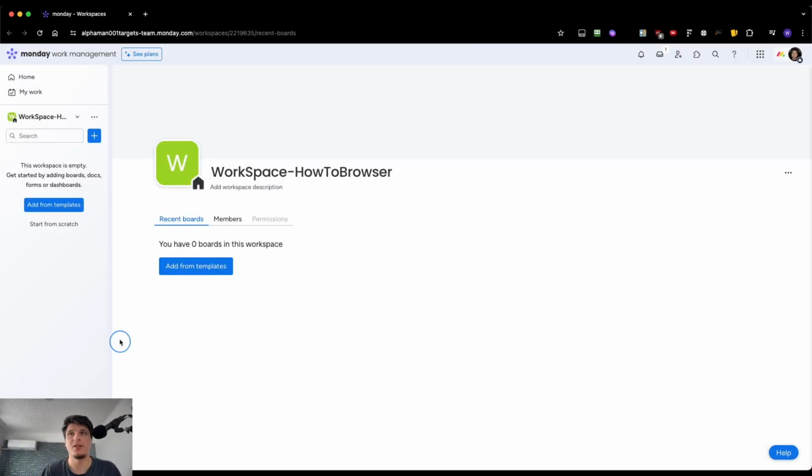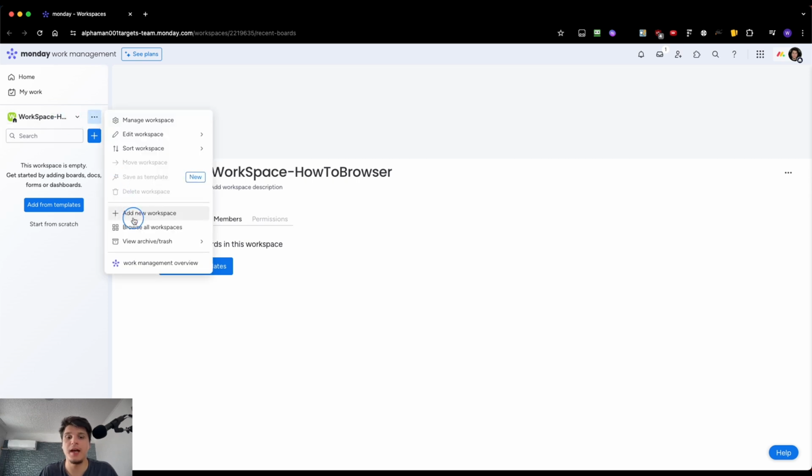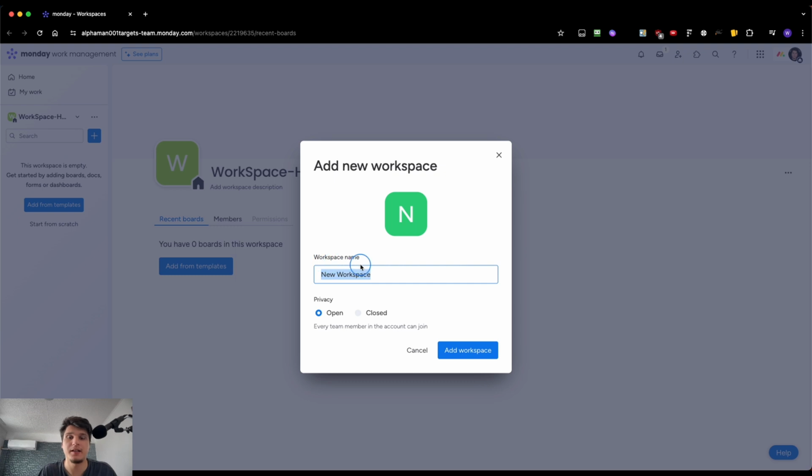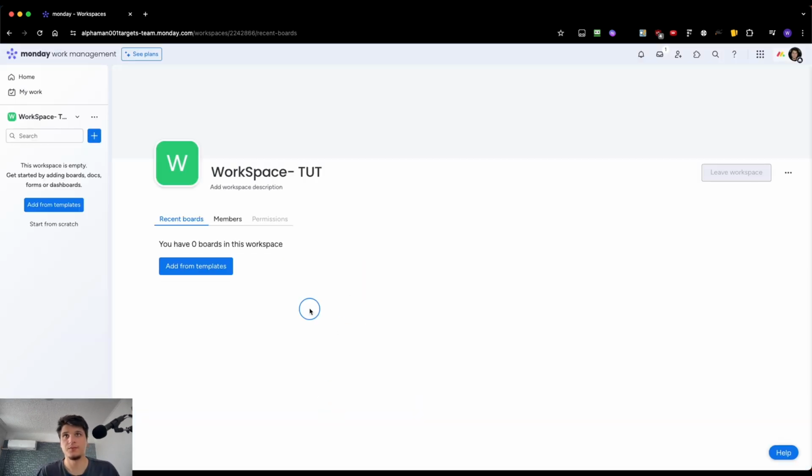The way I like to think about this workspace, because here we can click on add new workspace. I can here enter the name of the workspace. Probably I'm gonna name this workspace again, but I just want to explain that this workspace,